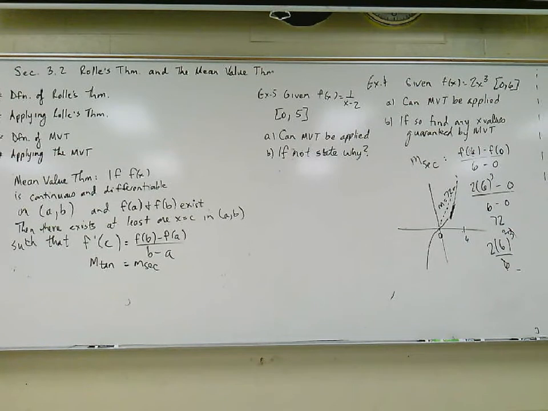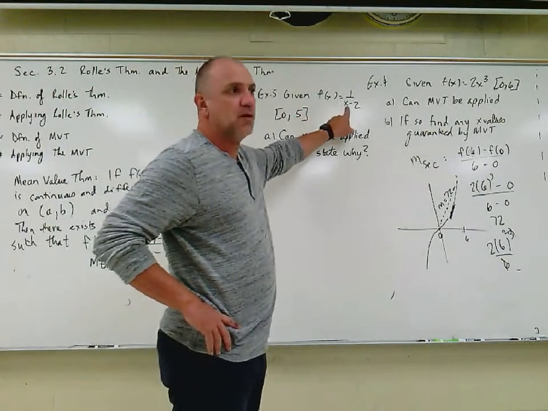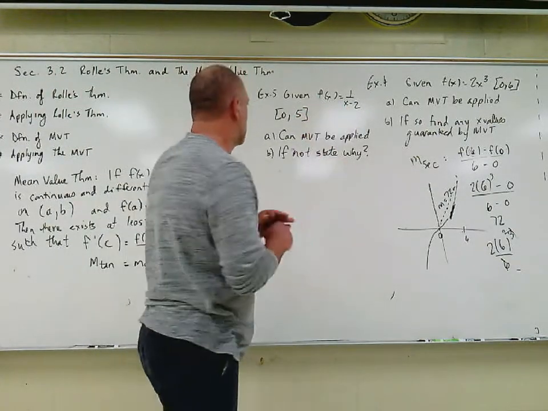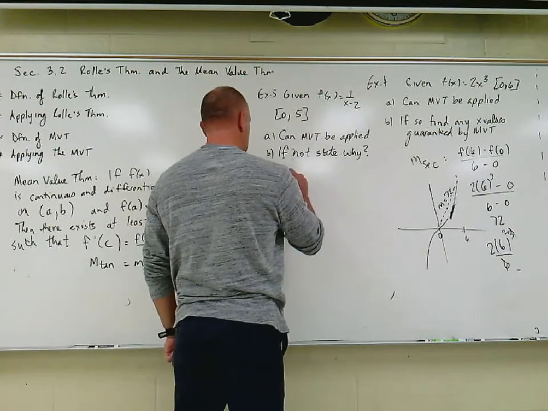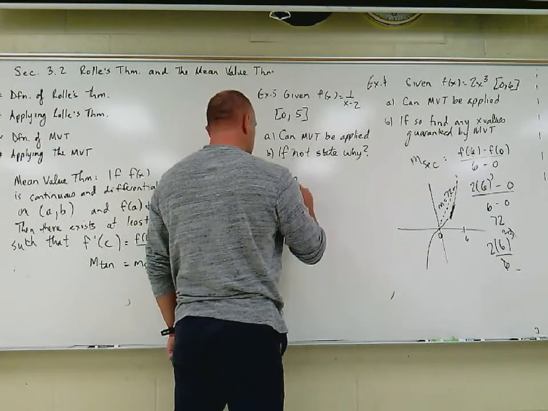So what's the problem with the function there? Anybody see it? Yeah, keep looking at 2, which is inside the interval. Yeah. So it's discontinuous at 2. See, that's a vertical asymptote. So the answer to part A, no. Part B, why? Because